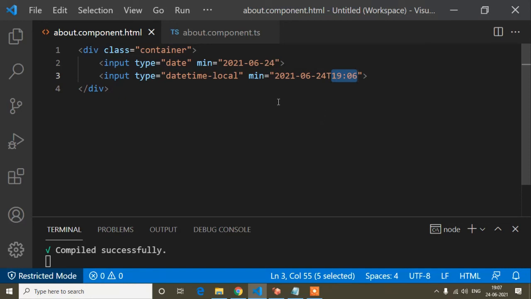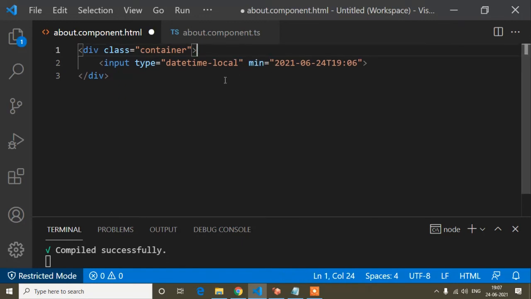Okay, so first of all I will show you how you can reset it, because there you have to write some logic, so you have to understand that. Now first of all, this date picker I will remove, because I need only the date and time picker. So I will keep this one here, and now I have to do this dynamically, because here I have set a static date and static month. So I have to set it dynamically.